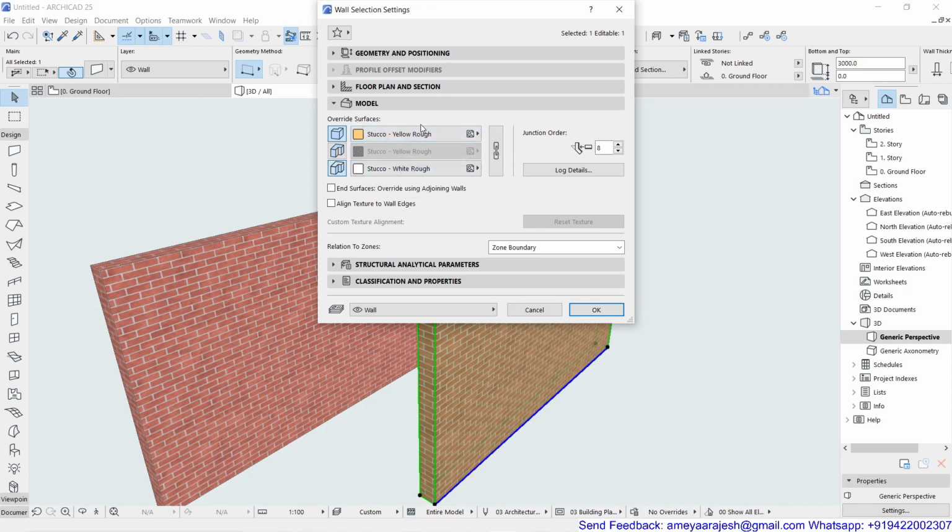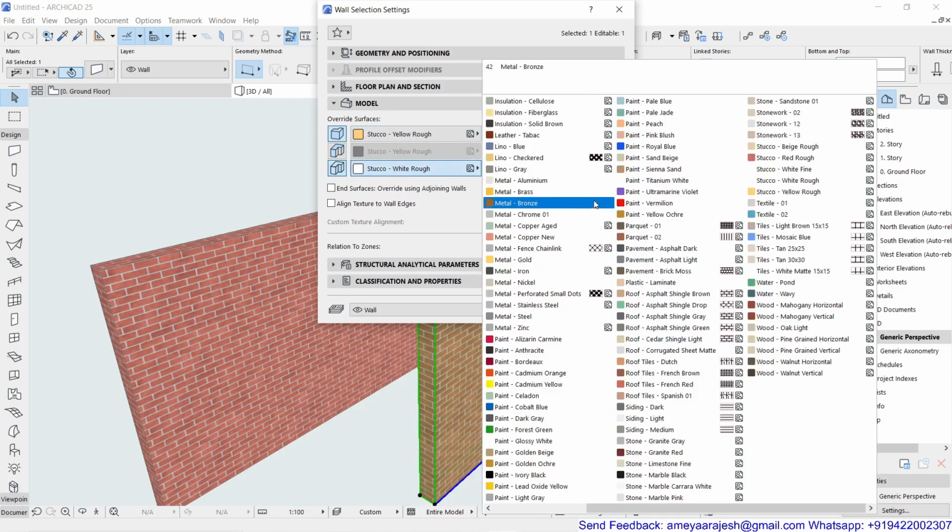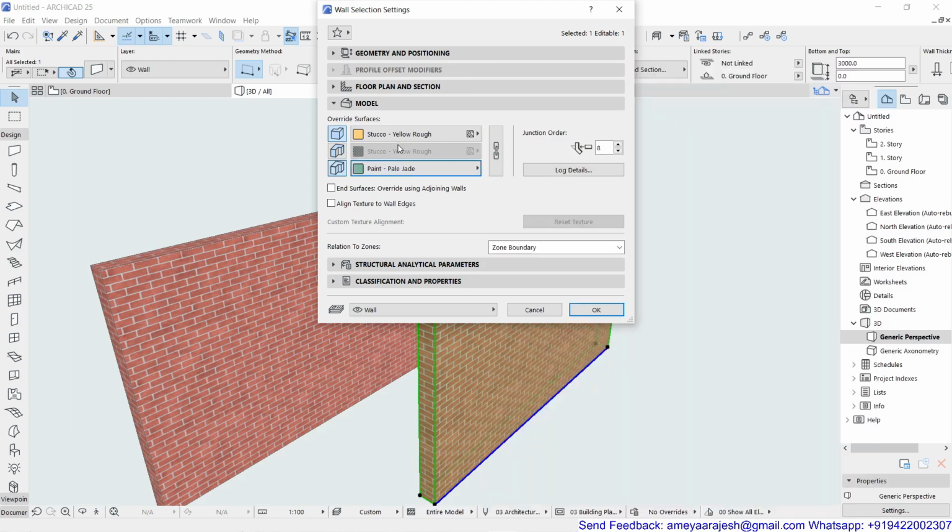So there's a difference of the two colors. One is supposed to be slightly orange, and the other was a white color. Now, if in case you want to apply this with some paint also, you can definitely select any paint that suits your current requirement. So maybe I'm just trying to use some kind of pale jade color or any different color, just to identify that on screen.